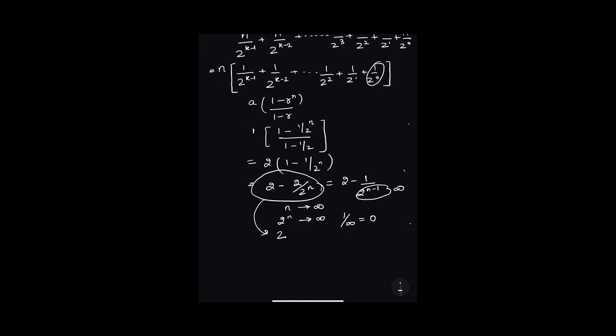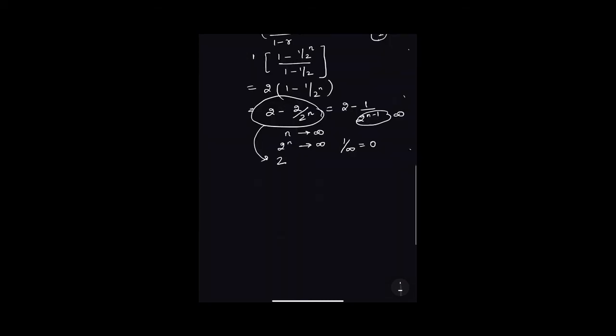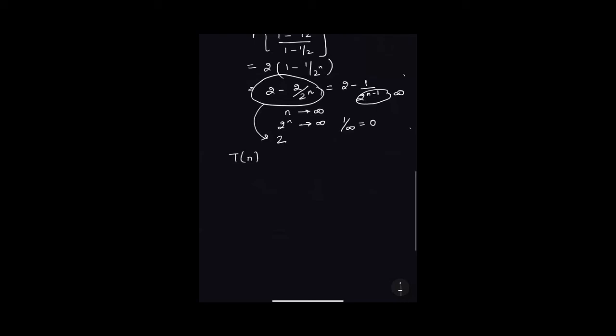It is some constant, so we can avoid it. For all the further problems that you will get, please note that for all the exponential series, whenever you get this kind of statement, the value of this expression will always be 1. You don't have to calculate, straight away write it as 1. So the answer that you are getting for your problem is Tn equals n, so I can write that the time complexity of this problem is order of n.